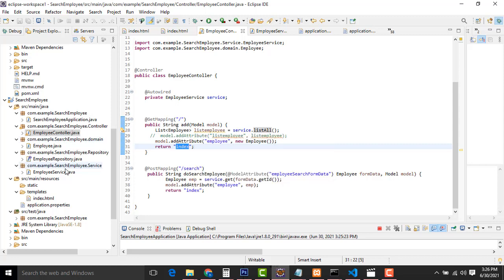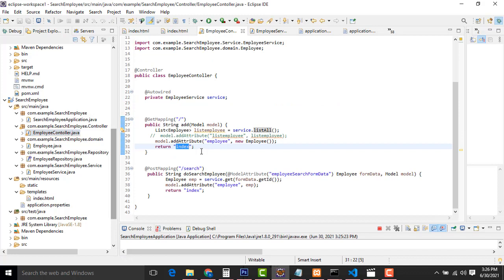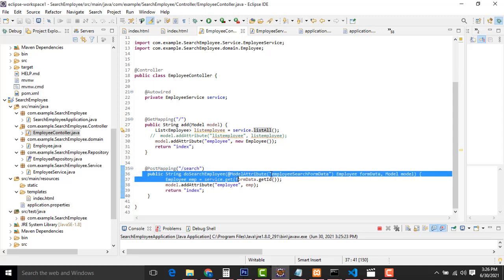After the page is loaded, here you have to enter the relevant employee ID. We have one field, employee ID, and one search button. Enter the relevant employee ID and click search. It goes to the search controller. So you have to get the ID and load the employee search data.